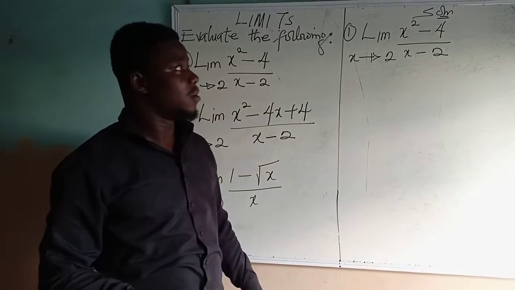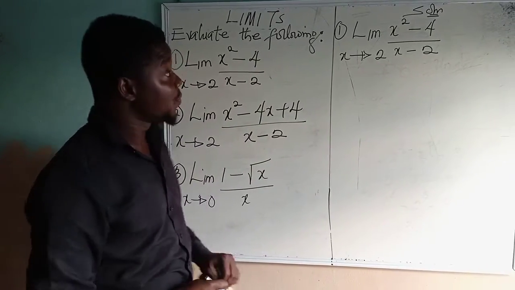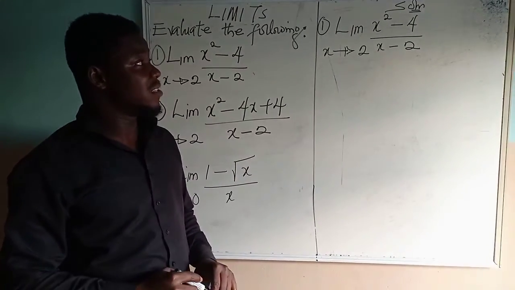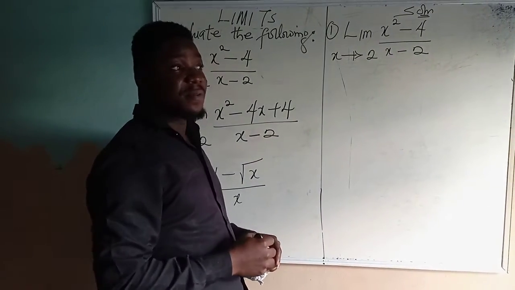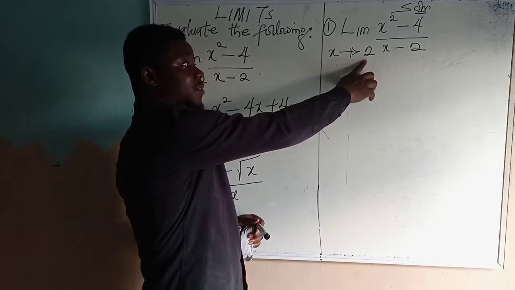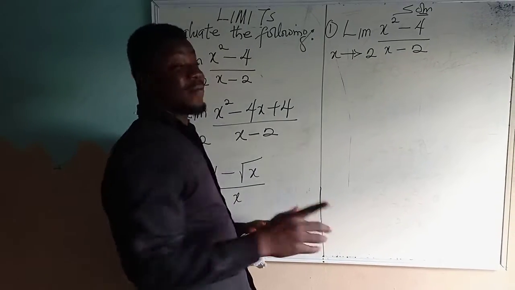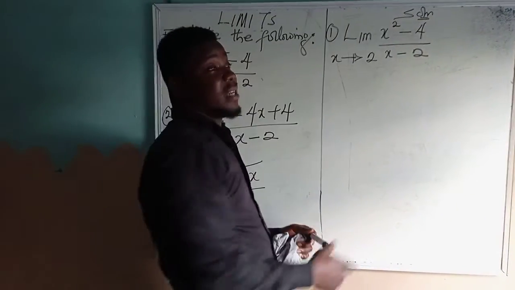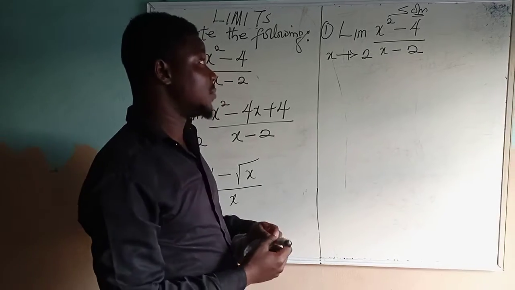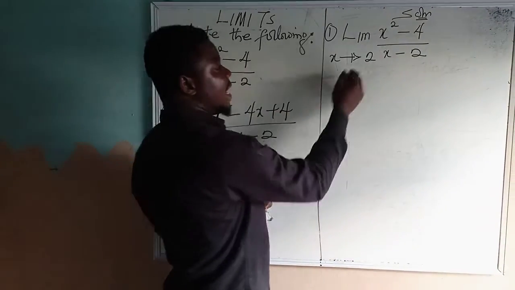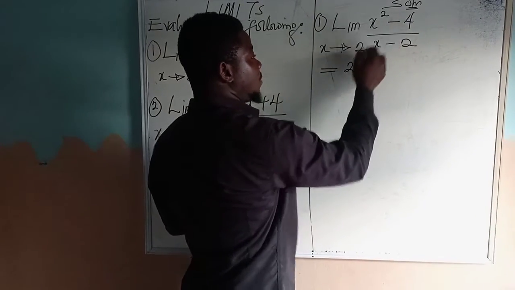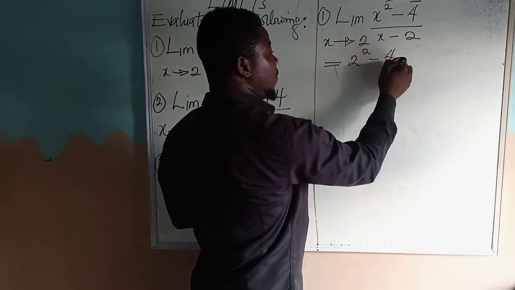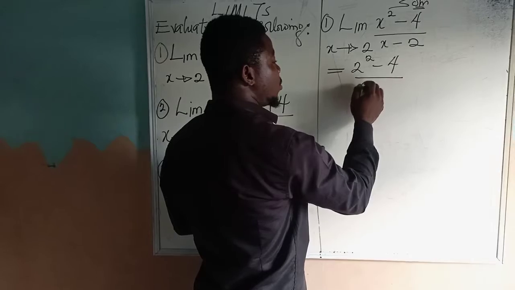Now, from what I've explained in my previous video, I told you that if you want to evaluate limits, all you need to do is to substitute the approaching value of x. For instance, which is 2 here, you have to substitute it in this function, and then that gives you the limiting value. But if you try to do that here, of course, this one is going to give us 2 raised to the power of 2 minus 4 divided by 2